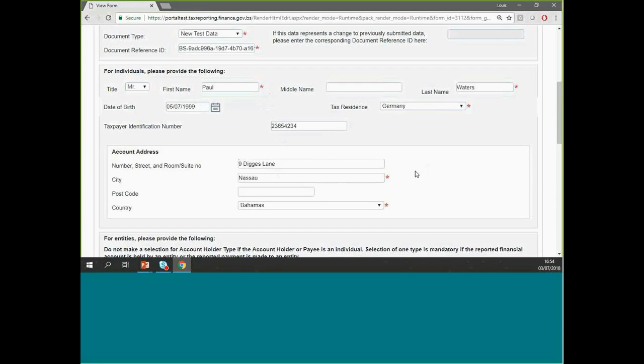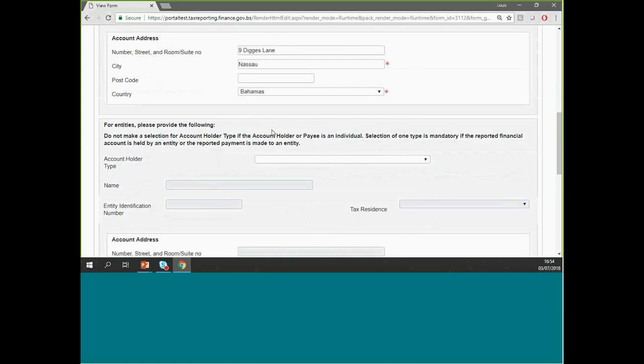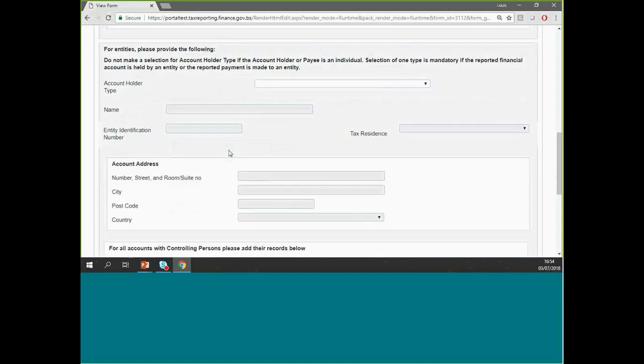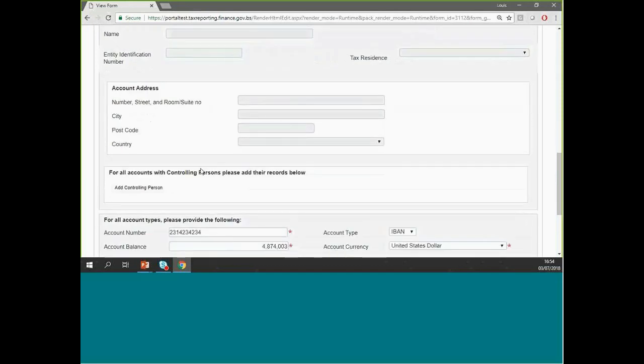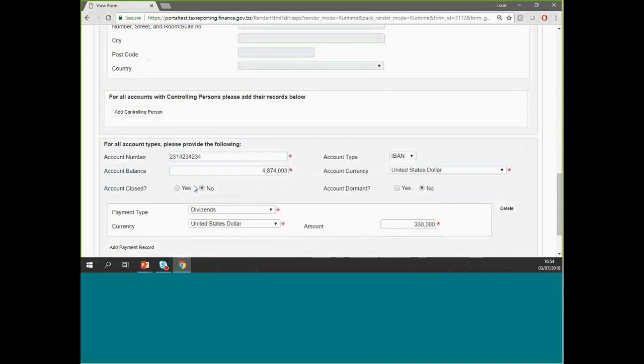Okay, as we move down the form, we see it says for entities, please provide the following. But we're not reporting on behalf of an entity. We're reporting on behalf of an individual, and so we skip this. We see it's disabled here. We also don't add a controlling person in this instance. And we move on then to the bottom of the form, which captures the financial information pertaining to the